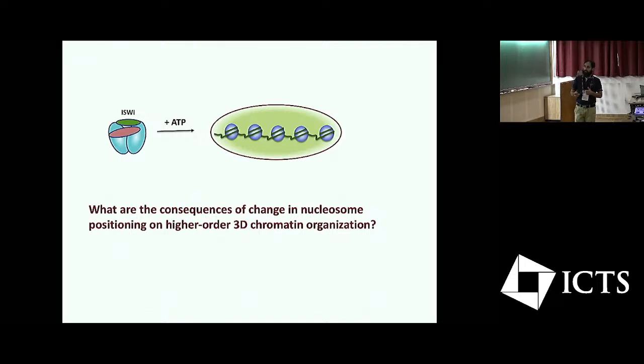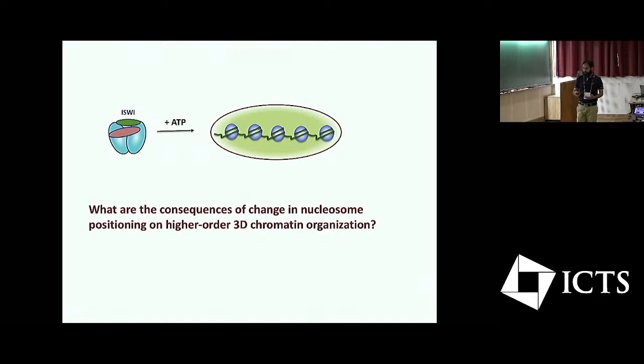Now, what we are also interested in is why it is important that cells have developed such an extensive machinery to position these nucleosomes, and they spend a lot of energy in spacing them. So if we change the spacing, obviously we are interested in the 3D organization of the genome and what the effect is on the higher order. Okay, so as we are expecting, because as has been deliberated over the past couple of days, this is a hierarchical organization, and we expect that if we change a lower level of organization, we should expect a change in the higher levels of organization.